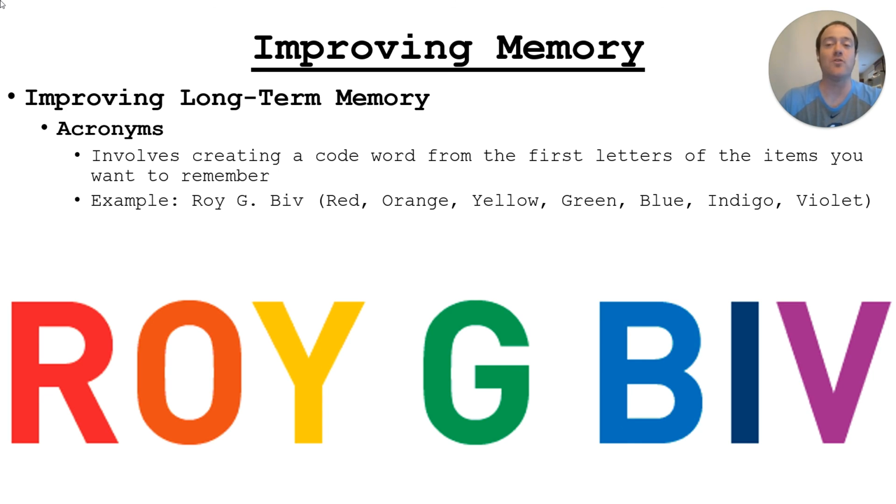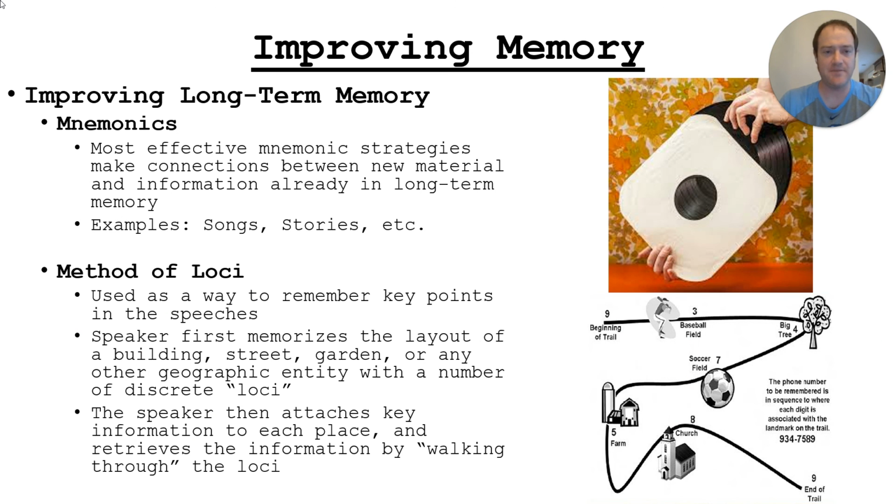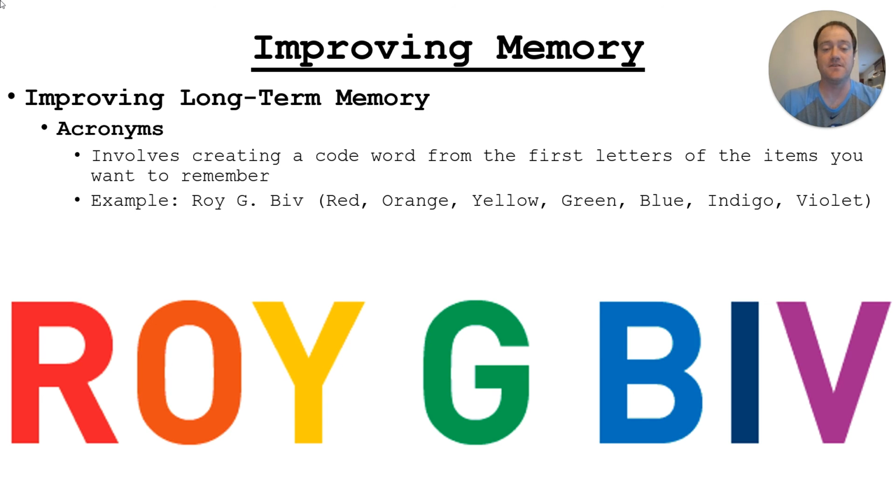So that's an acronym. And this is more long-term memory. You figure it out once and you remember it, and it's going to stick with you for a while. Same thing with mnemonics and the method of loci, they're both for long-term memory as well. I don't remember the chemistry song, but I remember the presidents' song, and that's stuck with me since then, and I just keep adding presidents to it. I'm probably going to remember it for much longer. So that's more long-term memory. And I think that's the last one. All right. Yep. That's it.